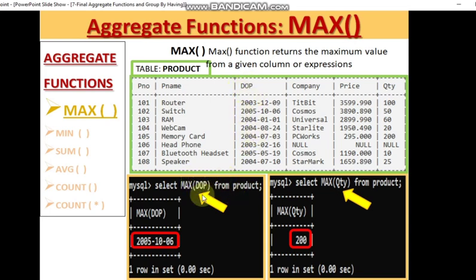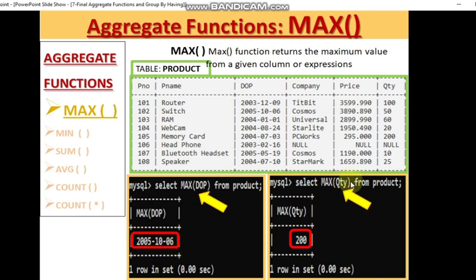It is working on date type data, and as you know, in date type data the most recent date is the greatest, the maximum. So this date among all these is the highest date, the most recent date. So that is why this is the answer. Similarly, see, it is giving one single value as its output.